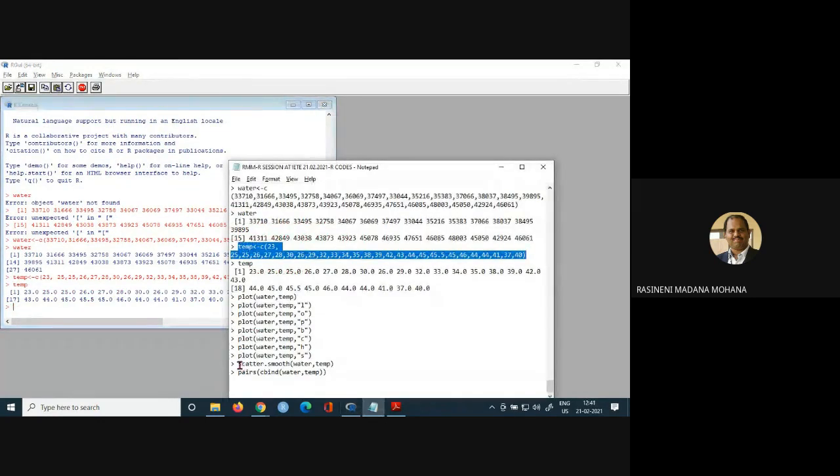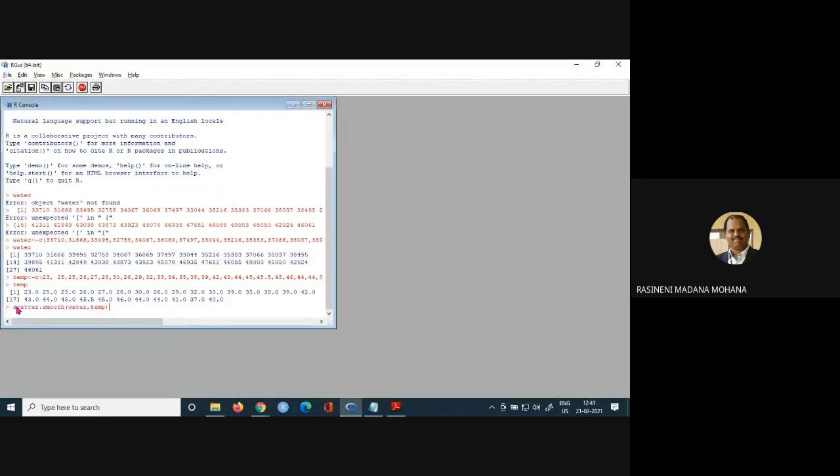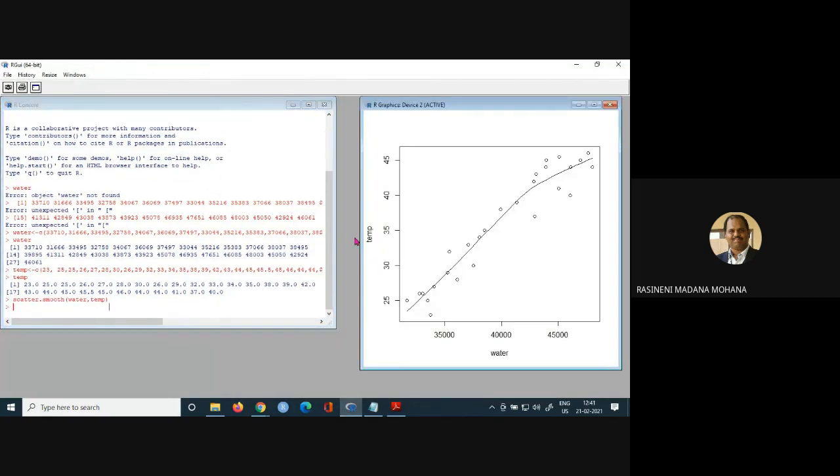Then we are running scatter.smooth. Here you can see, previously this was hidden with the maximization of the screen. Here you can see the curve is smoothened. The line is smoothened here, using scatter.smooth.